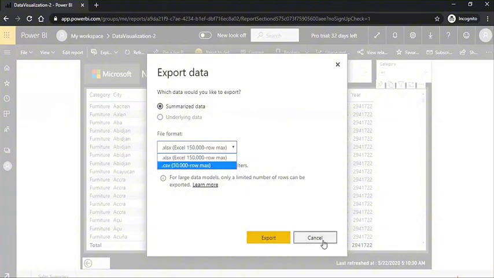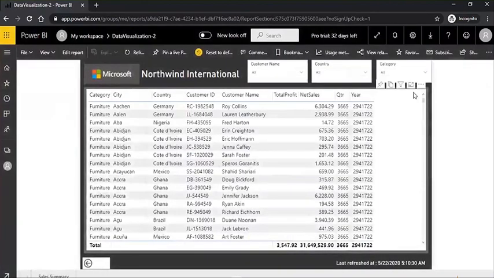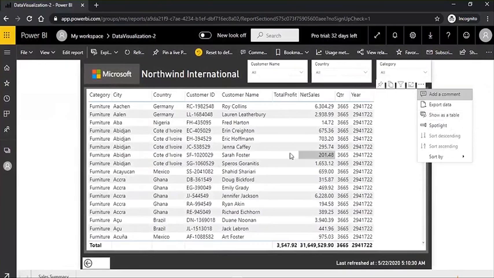You can export, and after that, you can interact with that tabular data. There are some other functionalities also which you can handle, like show as a table. It's already in its tabular format, but in case there is any bar chart or any other, then you can show that data in tabular form.